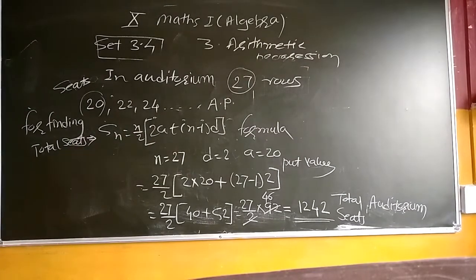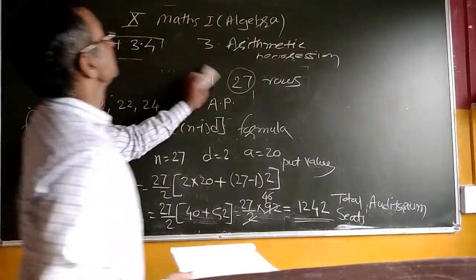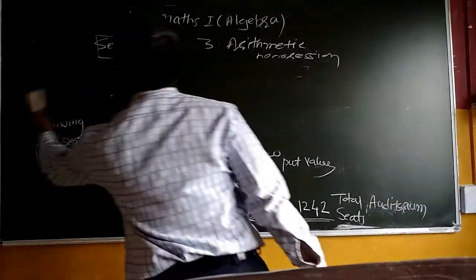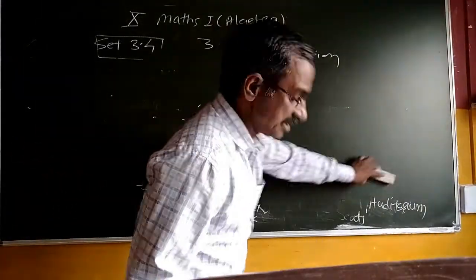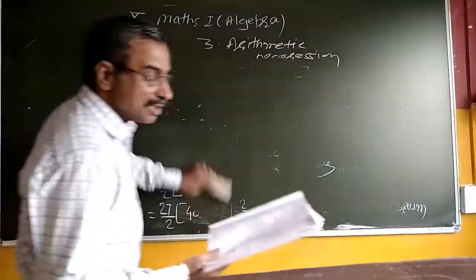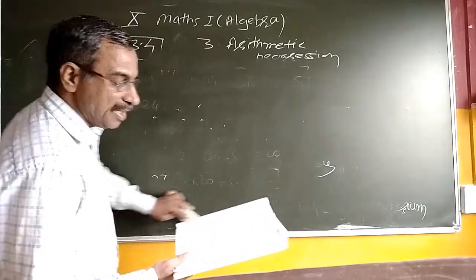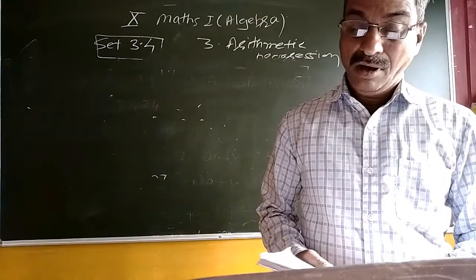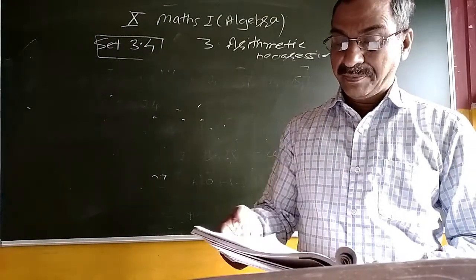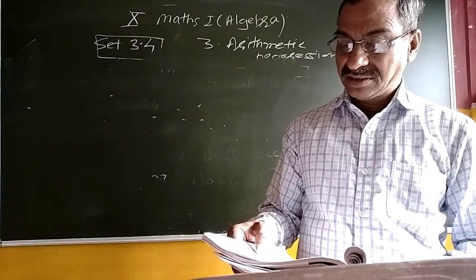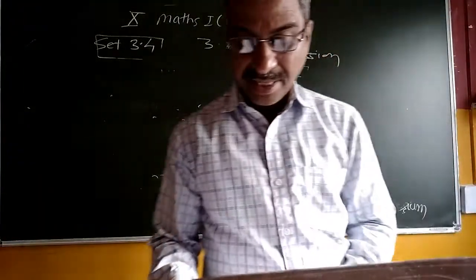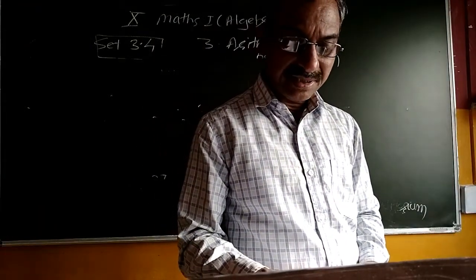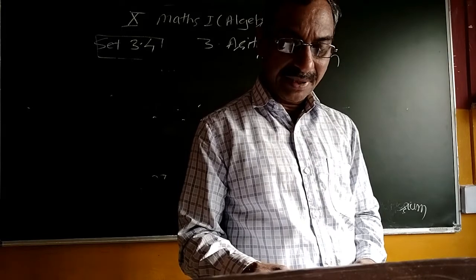Then we are going to solve question number 5. Question number 5, Kargil temperature. It is an example on a season of Kargil. Kargil temperature was recorded in a week from Monday to Saturday. Kargil's temperature is very low. All readings were in an AP. The sum of the temperatures of Monday and Saturday was 5 degrees Celsius more than the sum of the temperatures of